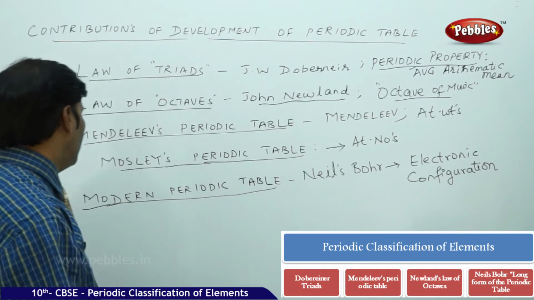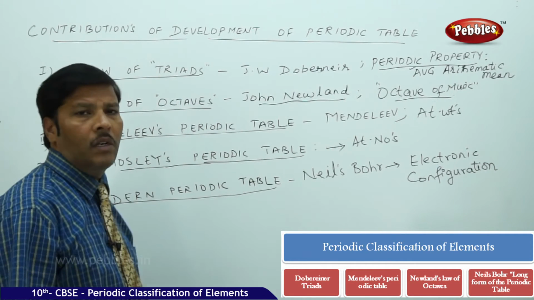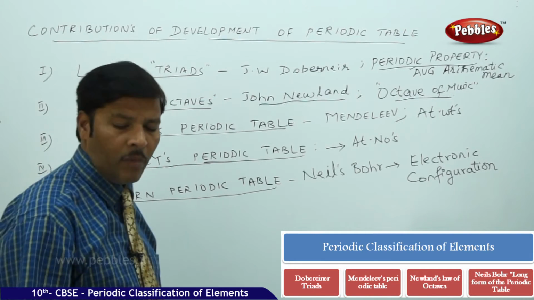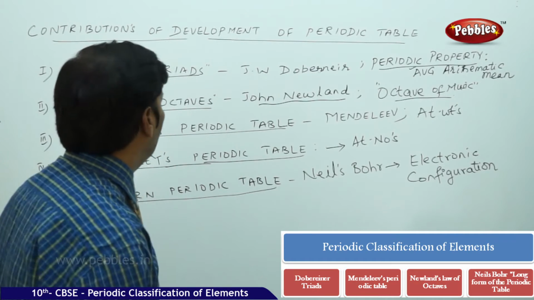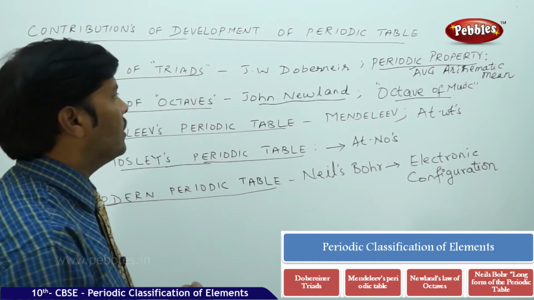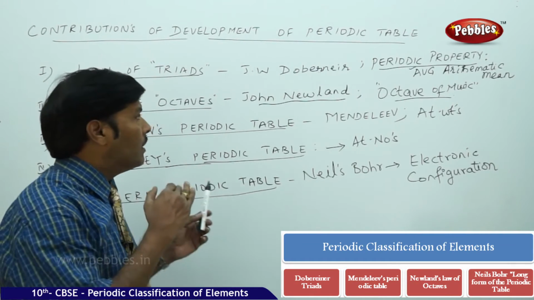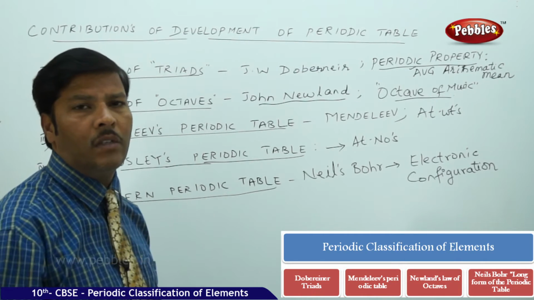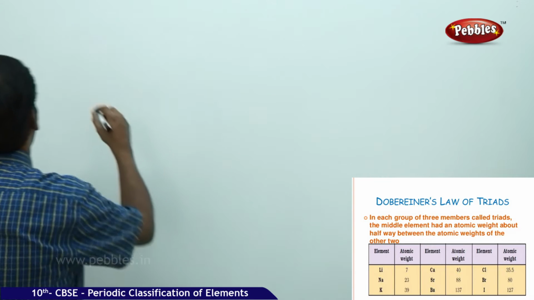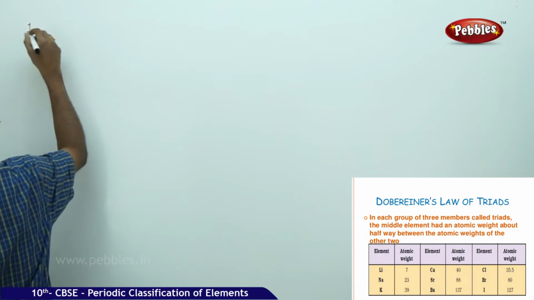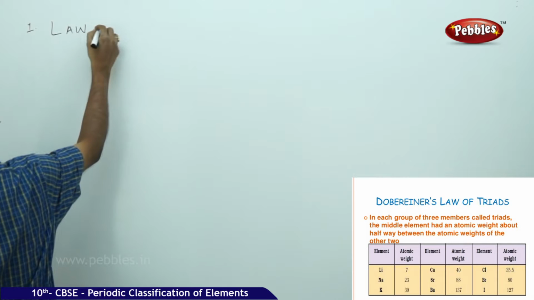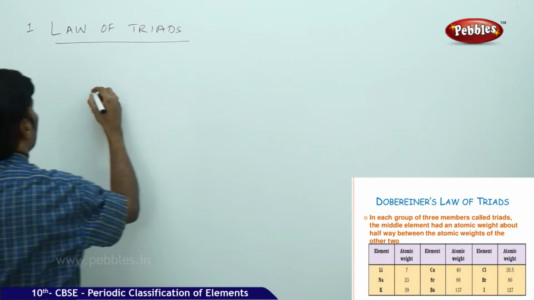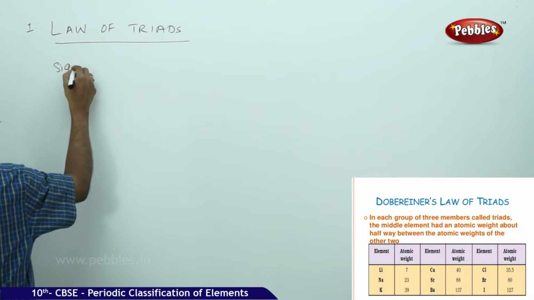So based on this, we would like to have a detailed discussion about each and every concept here in the periodic table. So one by one, let us have a discussion about these different contributions and different theories for the development of periodic table. Let us start with law of triads. That is, number one, law of triads. It states that